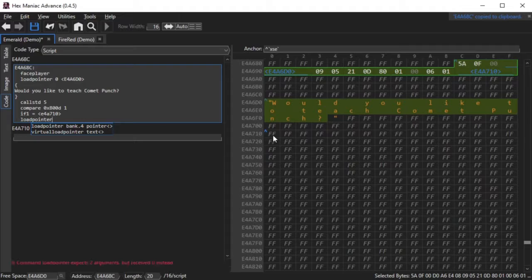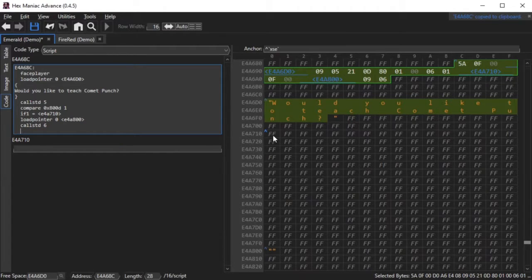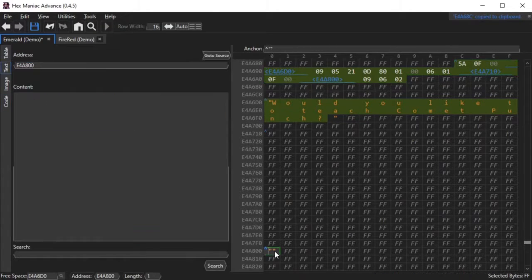Next, I add another load pointer command, and I manually pick another free space offset. This will just be what the NPC is going to say if you click no. In the next line, I type call std6, which makes it so that it will load another text box and do nothing else. At the bottom of the window, you will see another orange set of quotation marks. I'm going to just fill in that text with another message that will just tell the NPC that they can